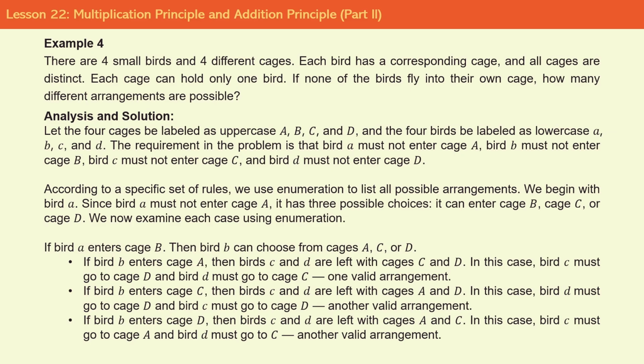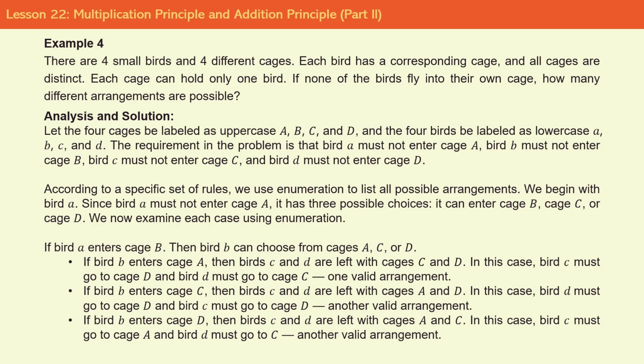If bird b enters cage A, then birds c and d are left with cages C and D. In this case, bird c must go to cage D and bird d must go to cage C. Here is one valid arrangement. If bird b enters cage C, then birds c and d are left with cages A and D. In this case, bird d must go to cage A and bird c must go to cage D, that is